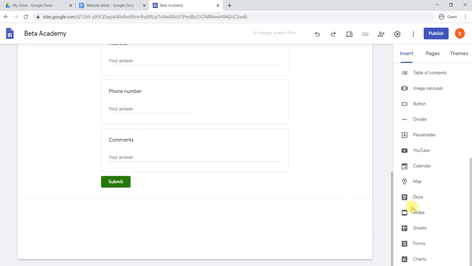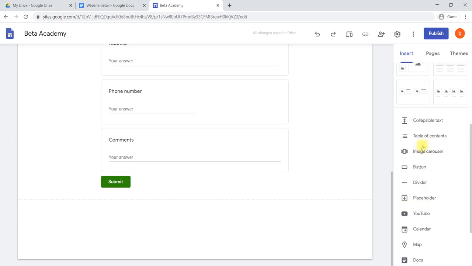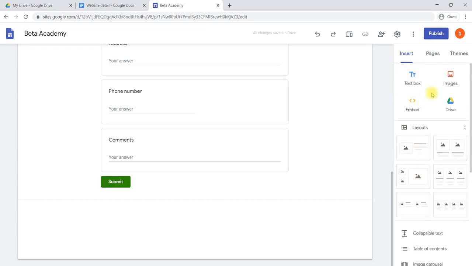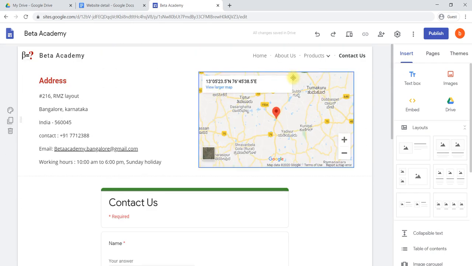Based on your requirement, you can insert a document, slides, sheets, as well as charts. But majorly we will not be inserting these things. Only forms, maps, YouTube, placeholder, all these things we have discussed. Okay, this is about how we can create a simple website free of cost within an hour. Right, within an hour we have created.